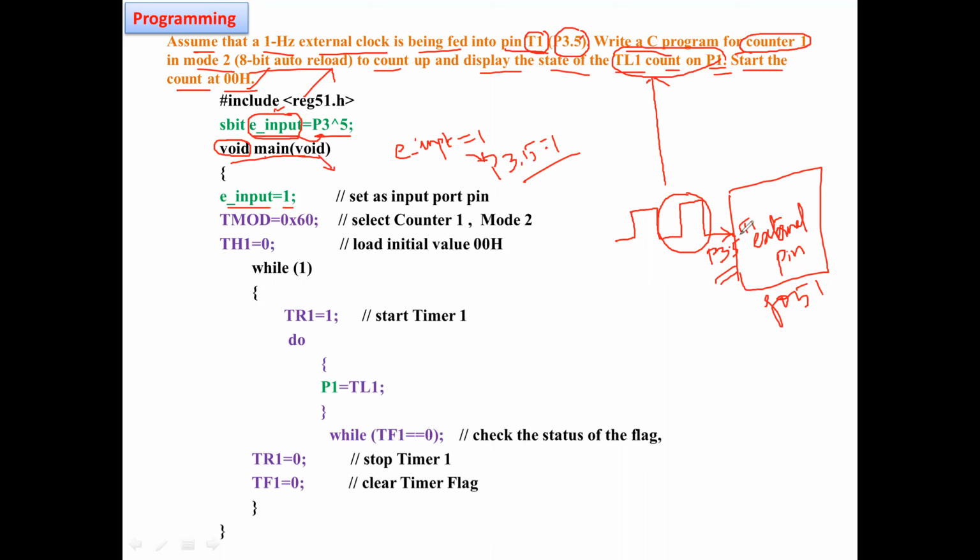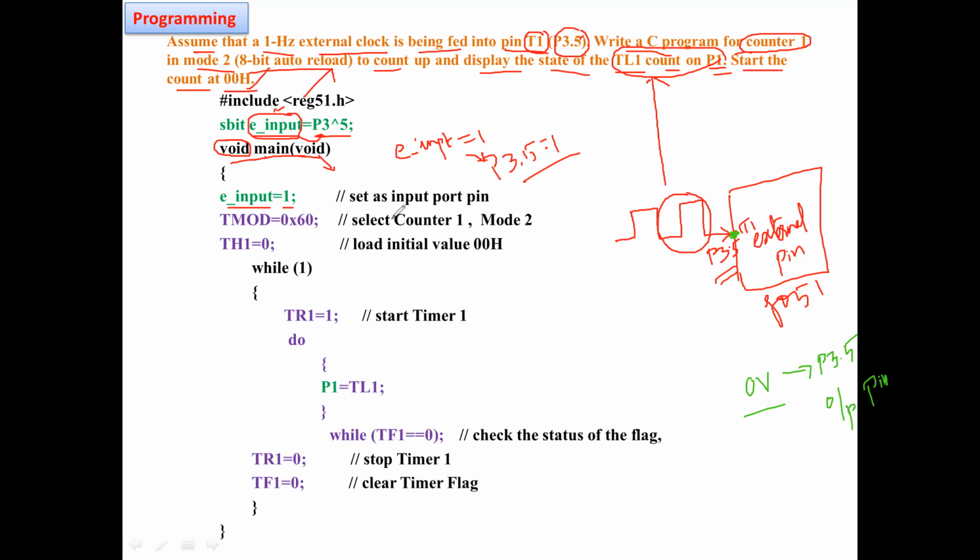By default, this particular pin is an output pin, in the sense that its value will be 0 volts. By default, the P3.5 pin is an output pin.